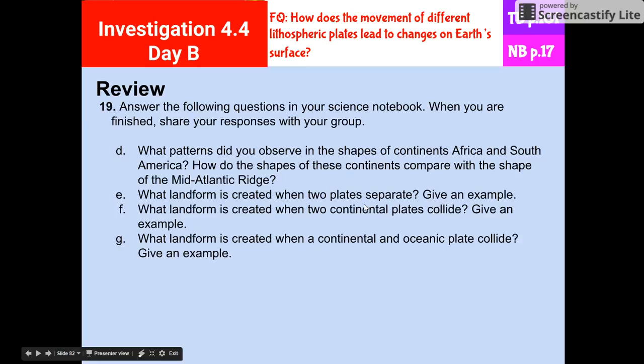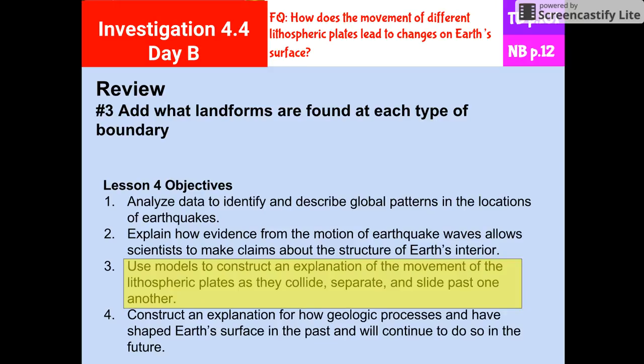A little review from investigation 4.4 part B. We're going to look at question 19 and answer the following in our notebooks. See how we answered and compare those to your partner. So we're talking about the landforms that were created when plates collided, when plates separated, and things like that. And we're going to go to our objective page and add down what landforms are found at each type of